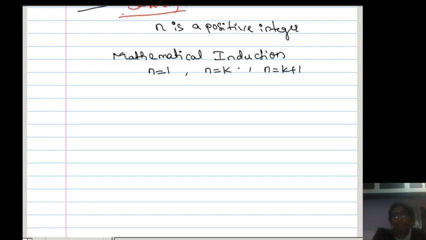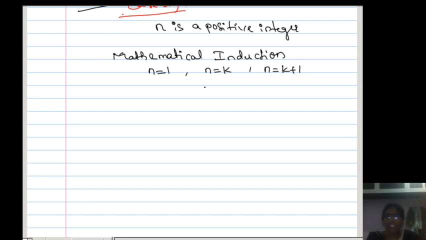Then by using the mathematical induction concept, I can say that the given statement is true for all natural numbers. This is what the induction concept actually is. So what is the meaning of mathematical induction? Instead of checking for each and every natural number whether the relation is true or not, we are checking only step by step. So only 3 steps are there in the induction theorem.